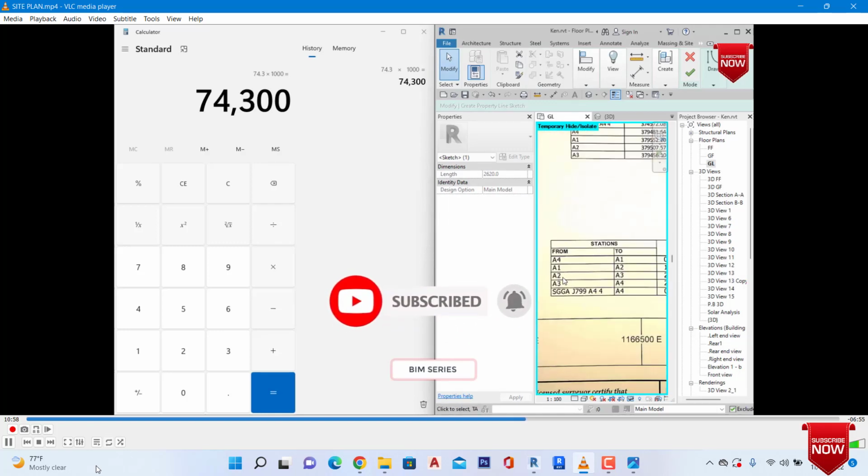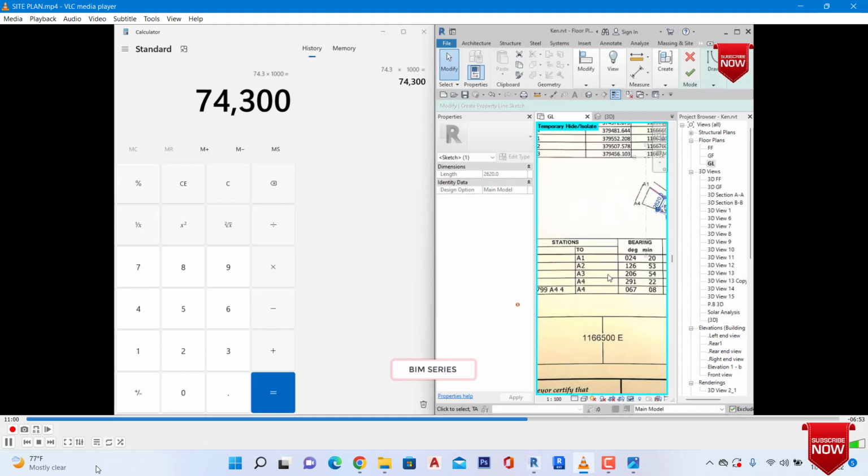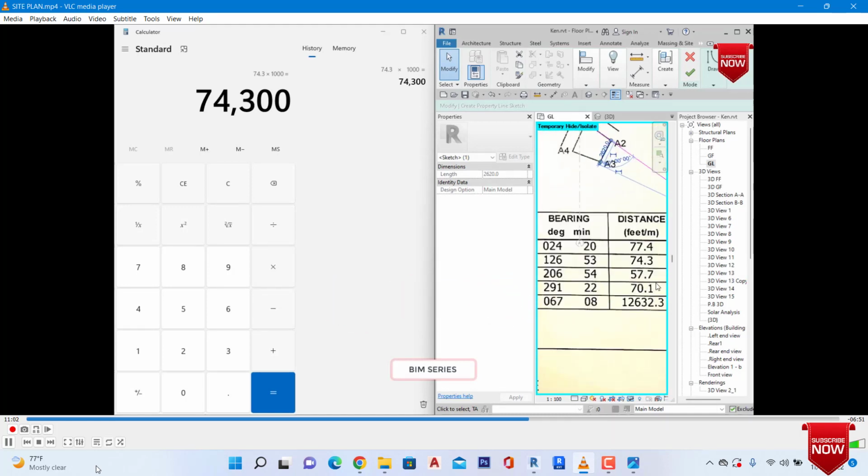We just have to come from 2 to 3, which is 57.7. So we go back to our calculator area and hit 57.7 times,